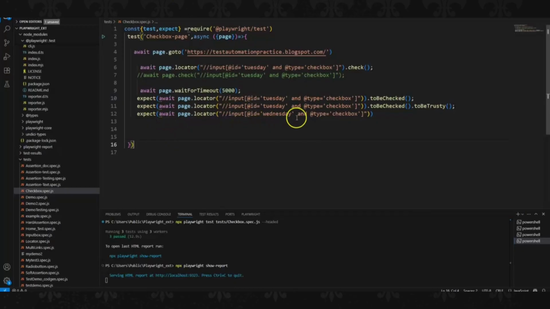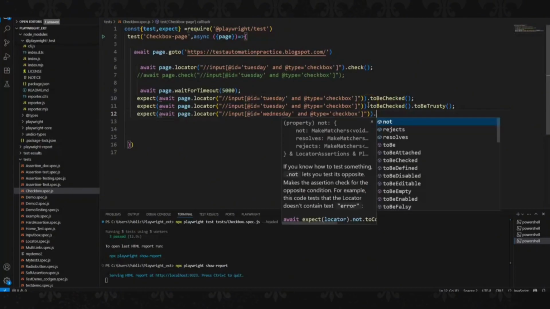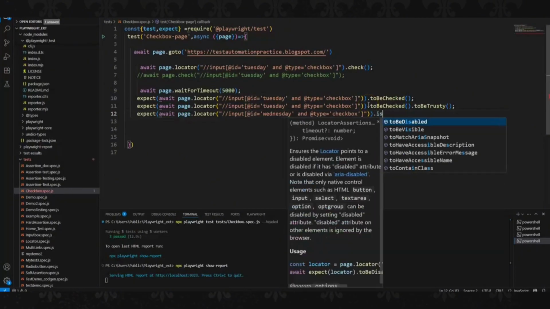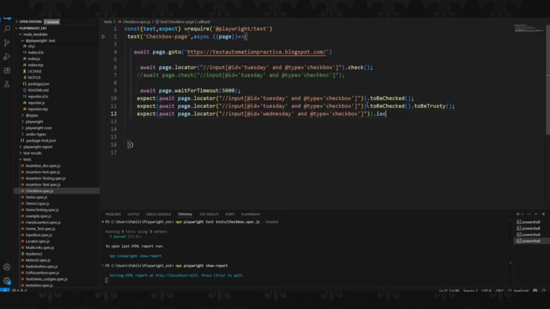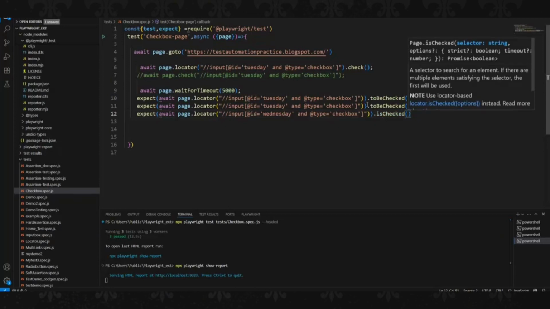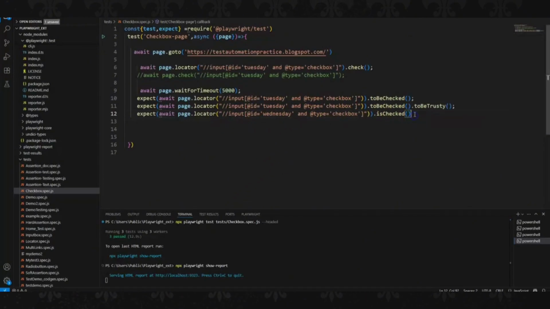Here I'm just passing the locator and then is checked. So this element is checked, and now